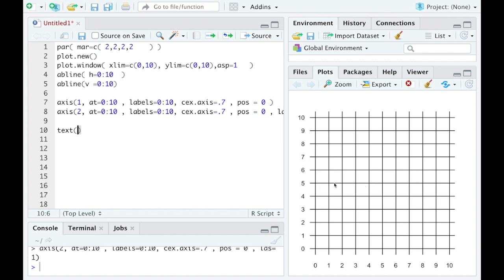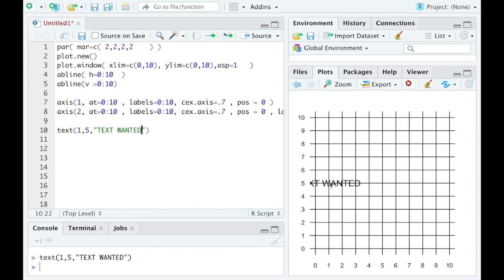So in this case, I want to put the text, say it's 1, 5. So I'll put it right there. So I'm going to start with 1, 5, and then I have to tell it what text I want. So I will write text wanted. And now if I run this command, it'll put my text wanted, and it'll actually place it centered right in